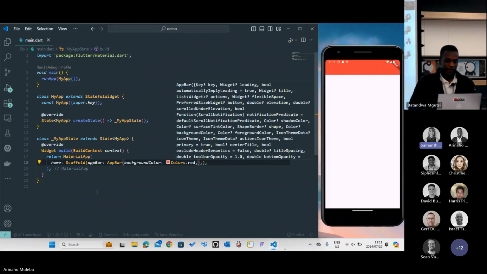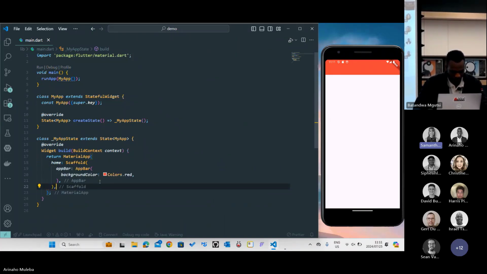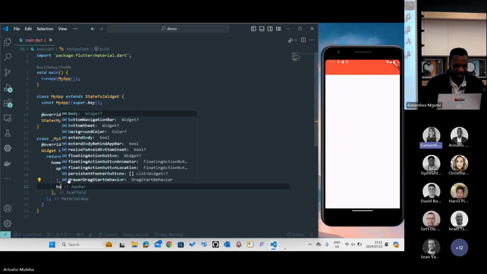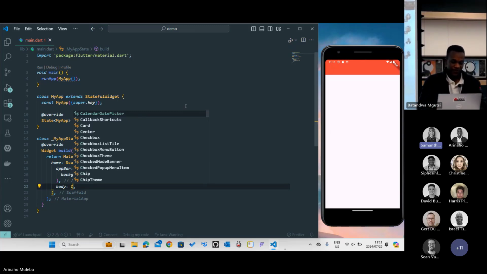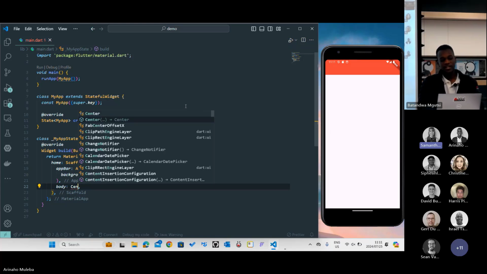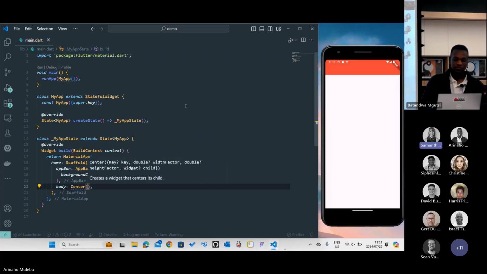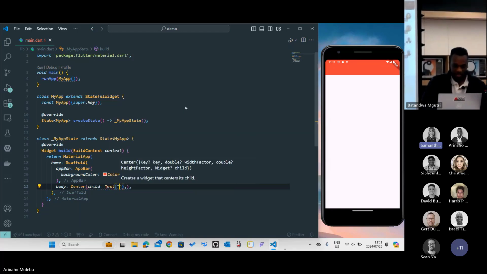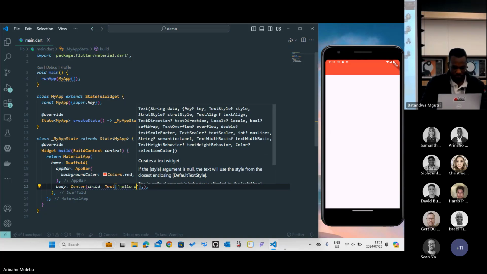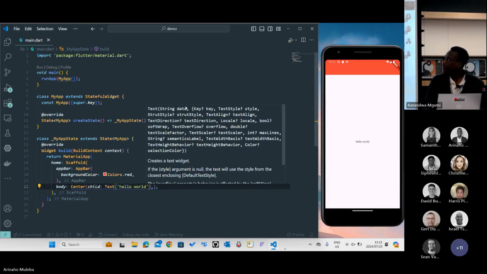And there you go, you can see your app. And now you get the body of your app. So that's the entire remaining part. The body also takes a widget as the named argument. So I'm gonna use a Center, which just puts its children at the center of the parent. As a child, I'm gonna use the Text widget and I'm gonna say hello world. And congratulations, you have your first hello world app.